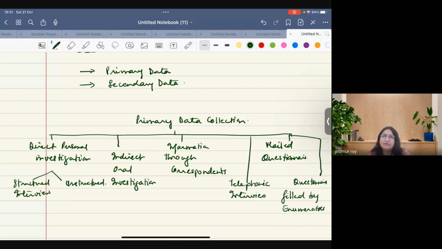Can we take any of that data? Can we just randomly pick up the data and use it? We cannot do that, because that will not be correct. So even if you just open Google, every Google site is not an authentic site, and you cannot just say that I have taken data from Google. You have to take data from a source which is authentic,